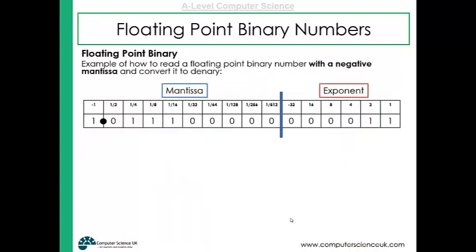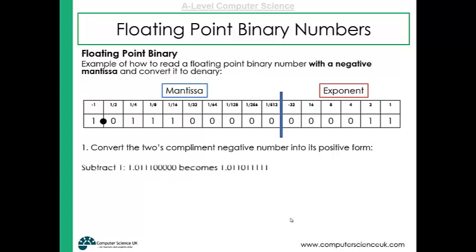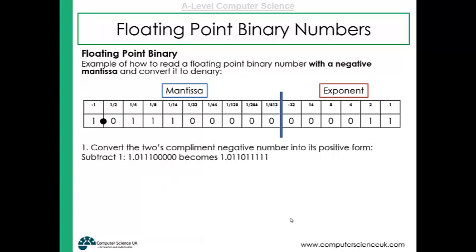So here's another example, but this time you can see that the mantissa is negative. That sign bit is a 1. So what we do first of all is we know that the mantissa is in 2's complement. We'll convert that back into its sort of positive form, if you like. It's still negative, but we can start to actually recognize the value, the binary values, more easily. So we would subtract 1, and then we would flip the bits, because to go from 2's complement back, we do the opposite. So subtract 1, flip the bits, and we end up with